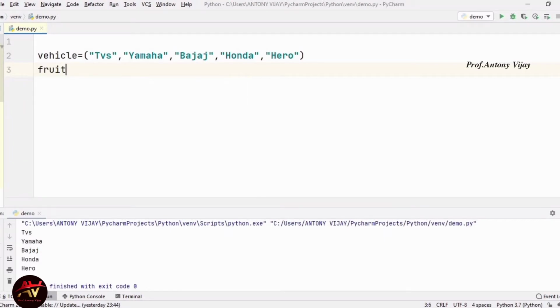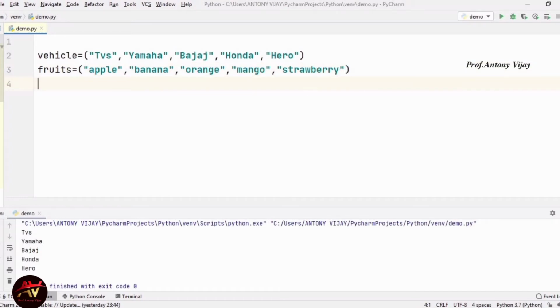For example, I am giving apple, banana, orange, mango, strawberry. So here also I have 5 elements.